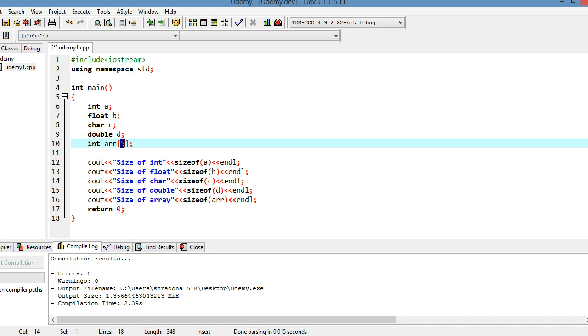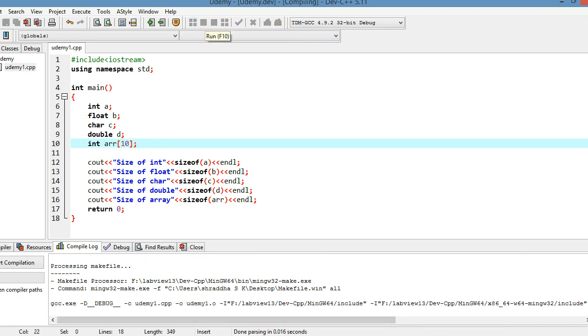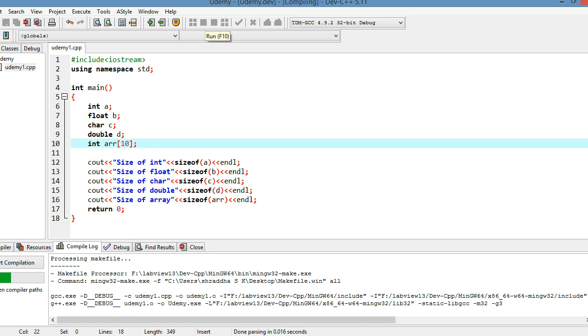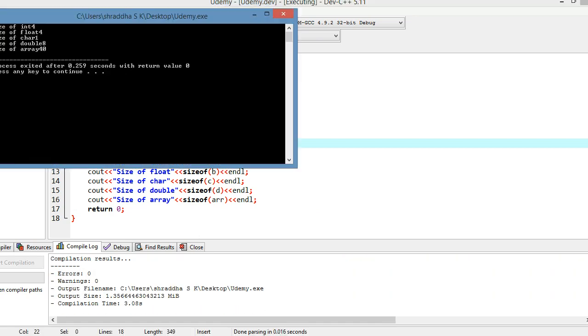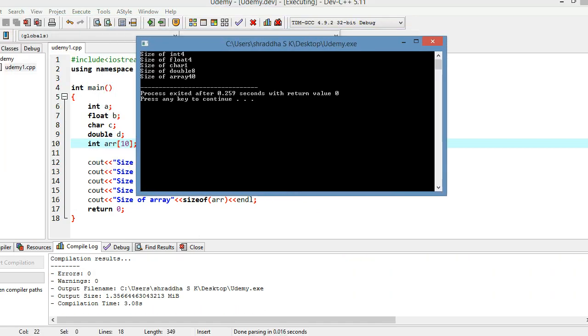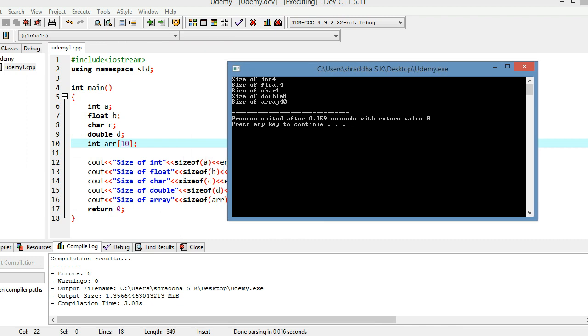We can also change this value to 10, and if we compile it and run it, then we can see the size of array is equal to 40 now, because 10 positions, one position requires 4 bytes. So total size of this array will be equal to 40 bytes.